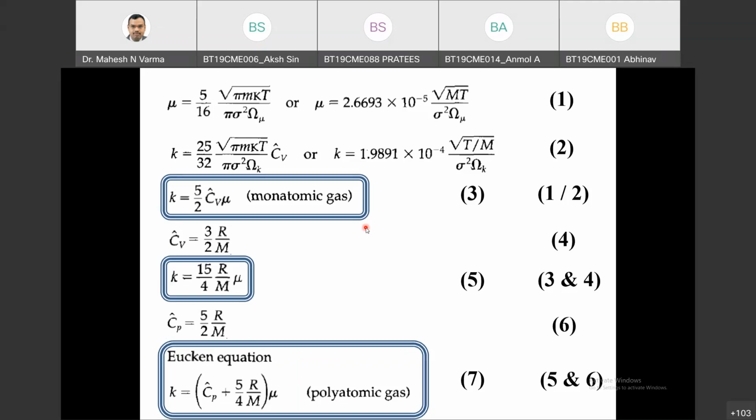We have discussed the empirical graph for estimating viscosity also. You can get the critical temperature, critical pressure and critical viscosity. Temperature and pressure are given, so you can get the value of viscosity from the empirical graph. That is the third way. And the fourth way is